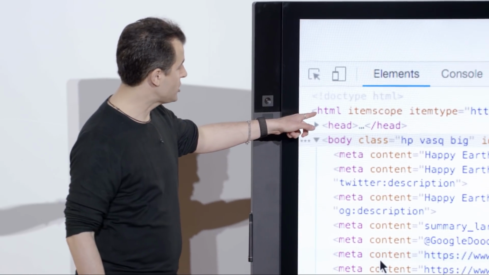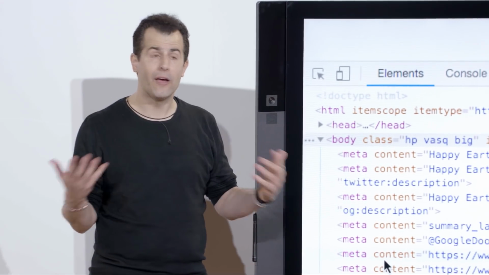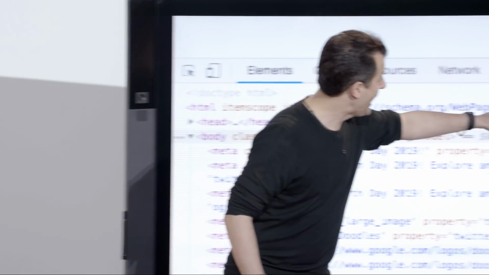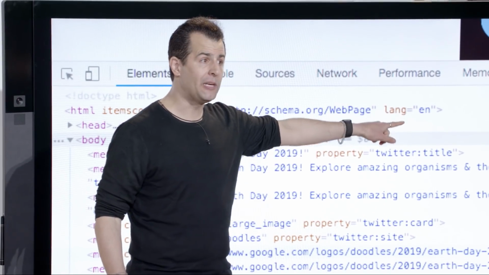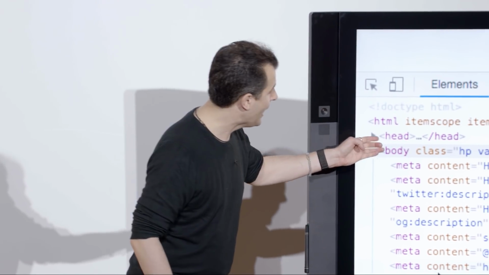There's an open bracket HTML. There's an itemscope and itemtype attribute, whatever those are. We haven't looked at them, but indeed there are other attributes you can use in HTML. Lang equals en is appropriate because this is indeed written in English because I'm on the US version of the website. Here's the head,